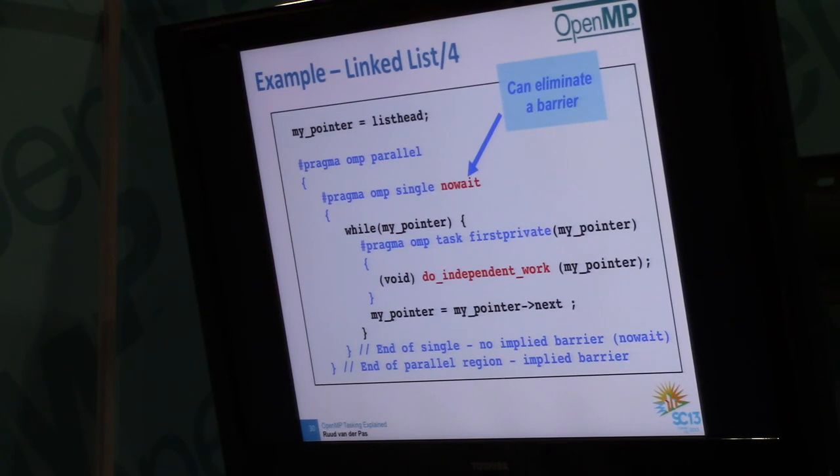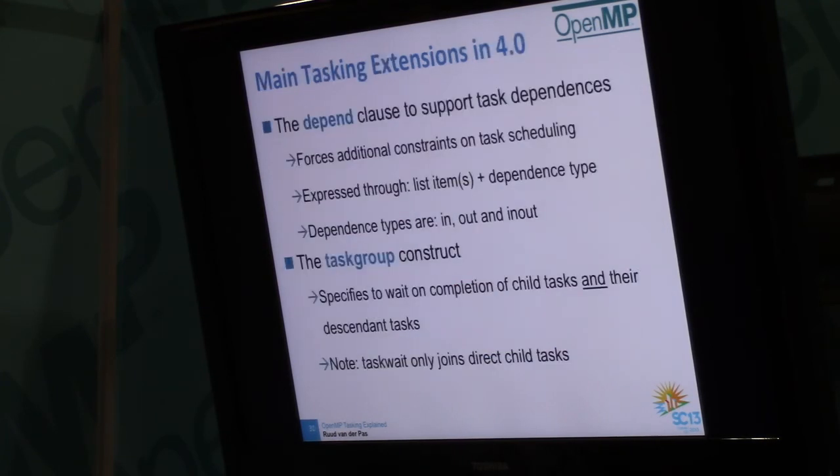I think that was my last one. So what's new in 4.0? The two main extensions are dependencies. Now you can say this task should only execute when the other ones, when this group has finished. That's, I think, a useful addition. Not everybody will need it, but it was clearly missing in the sense that, like I said, we want to keep it simple, and this was clearly needed, so it has been added in 4.0.